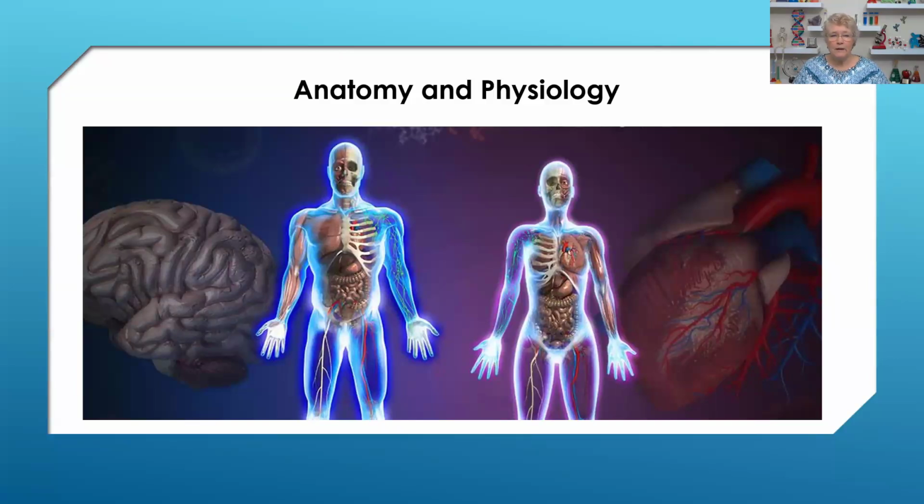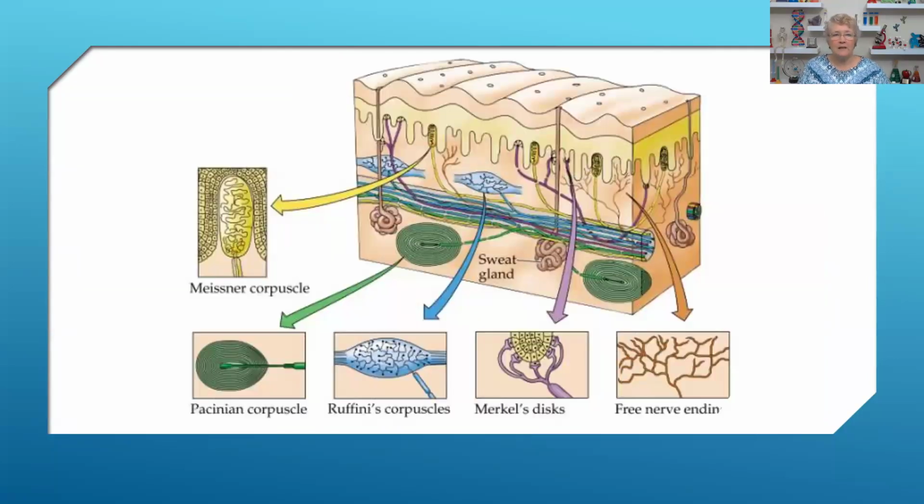So just real quickly, before we get started with our activity, I want to review the kind of receptors, of